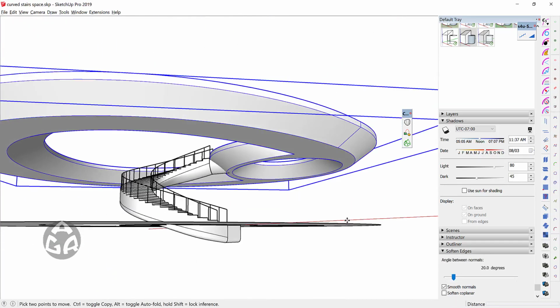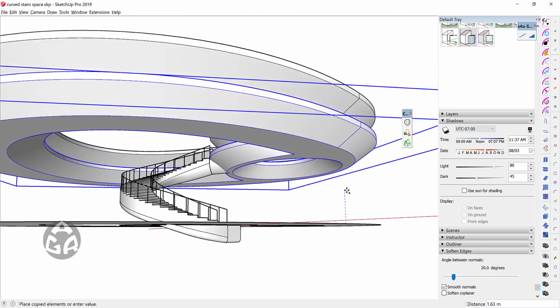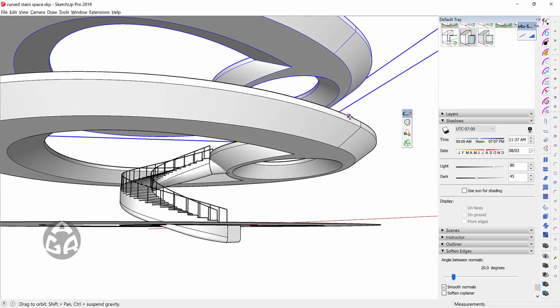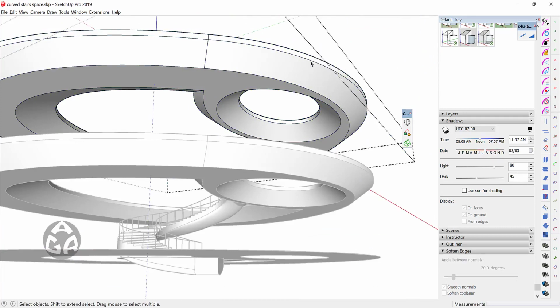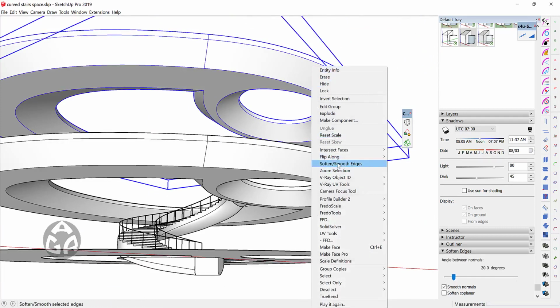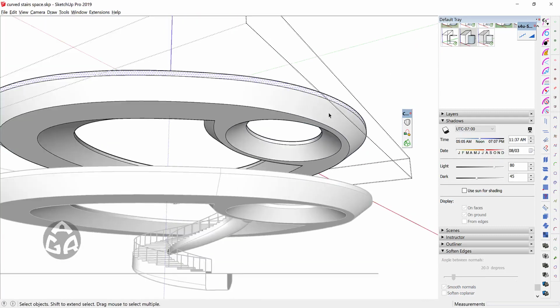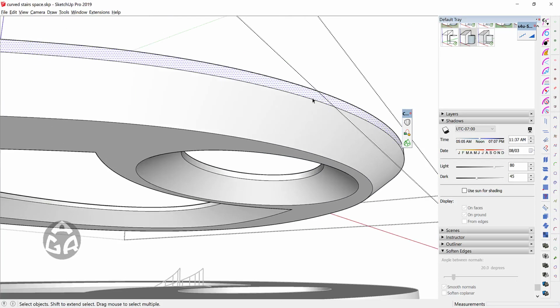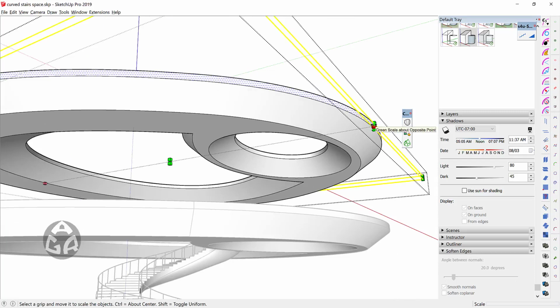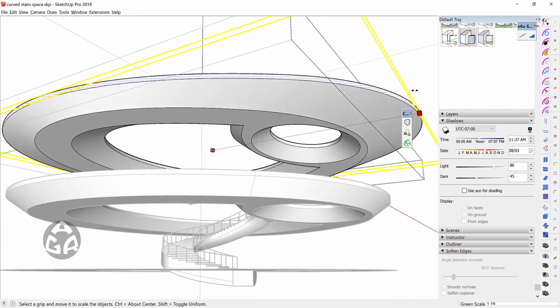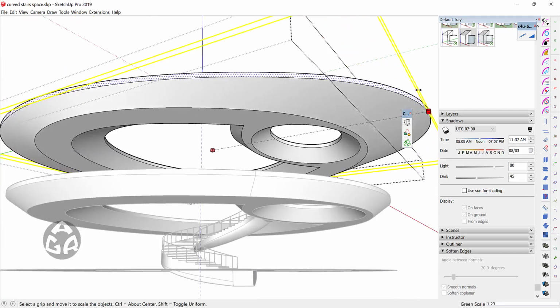So I will copy this one up, and I will right click soften smooth edges, and then I will go inside this group, select this face as you can see, and I will scale this one by holding the control key to about